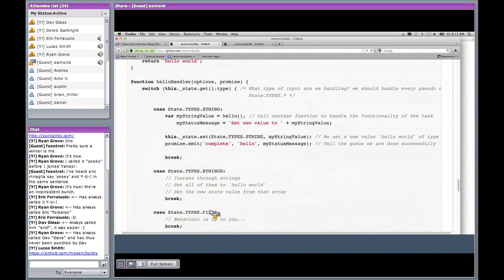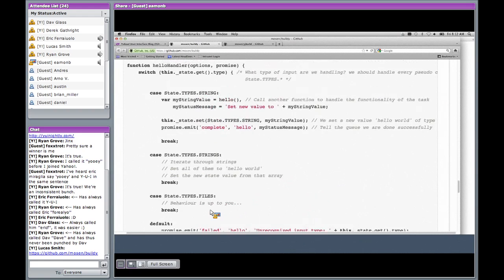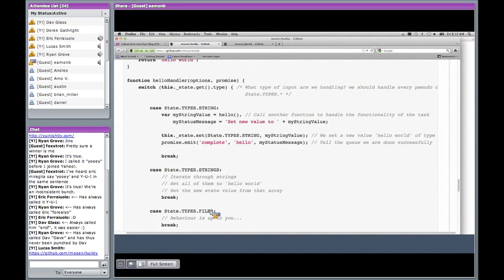And then it's up to you to handle those different types of inputs in a default sort of way. It also gives you a status object, which you emit complete or failed on, depending on what the exit status of your task is.